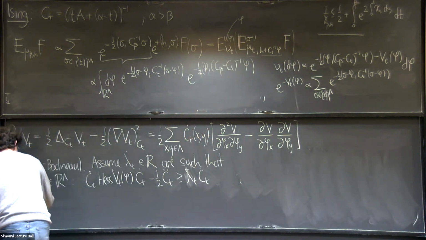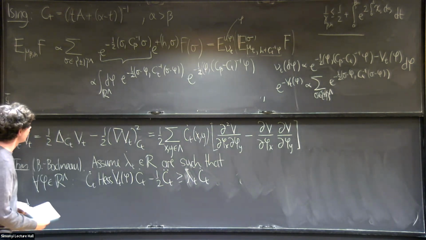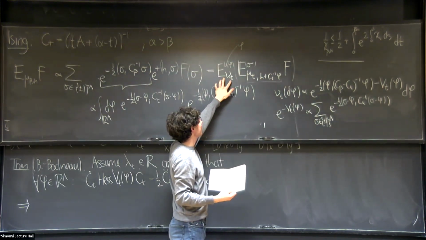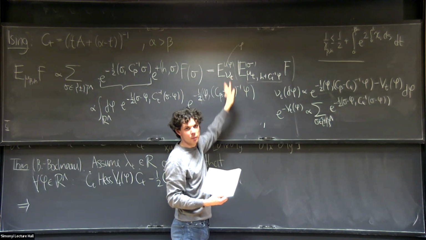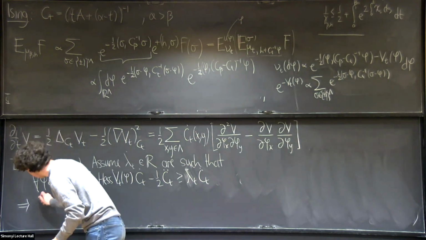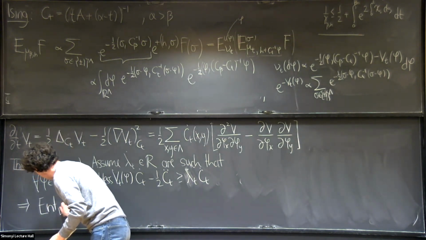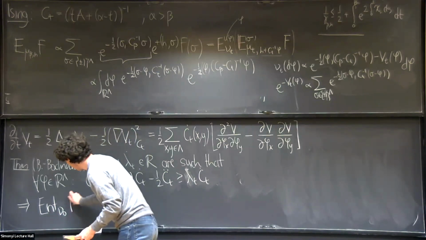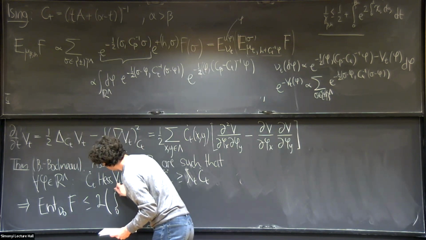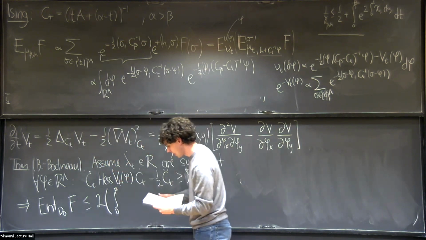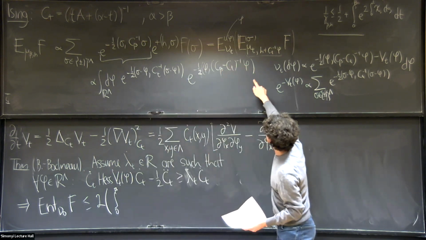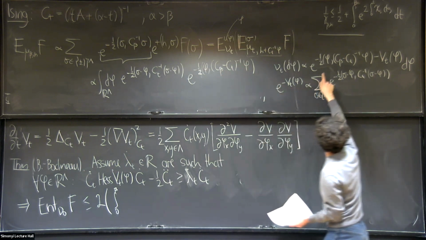Well, then we get a Log-Sobolev inequality for the measure nu naught. We could apply it to any nu t, but we'll take it for the measure nu naught, say. This measure nu naught, which is a continuous measure now, satisfies the Log-Sobolev inequality, and the constant is given by the integral from 0 to beta. This measure nu naught depends on beta. I didn't write this explicitly, but if you look at the definition here, there's a beta here.